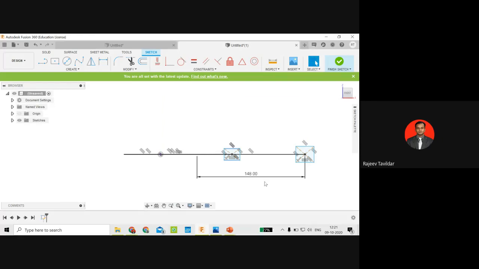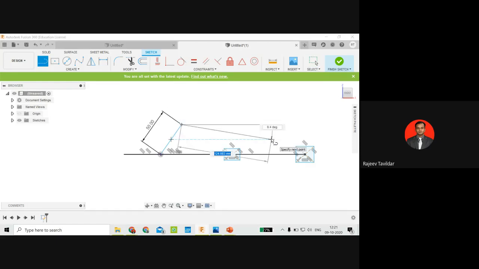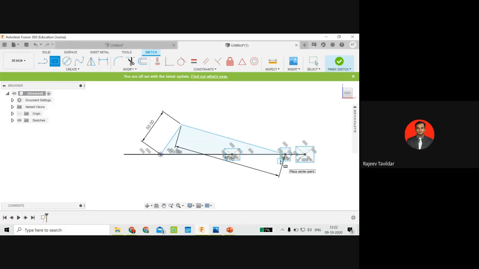Now I know R3, I know R2, I can draw a general mechanism. Let us see how that general mechanism can come. Draw a crank 50 mm at any position and draw a line R3, which we have already calculated as 148, and I can place it over here. You can draw a slider over here. So this is our required mechanism. 50 mm is R2 and R3 we have calculated as 148 mm.